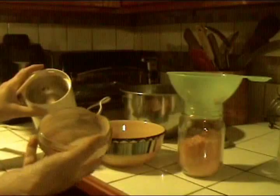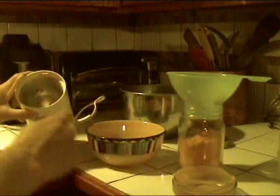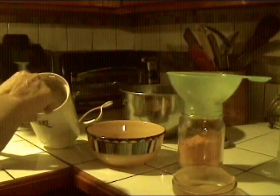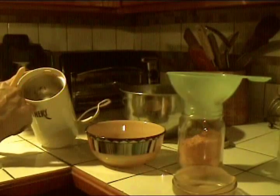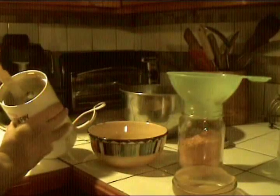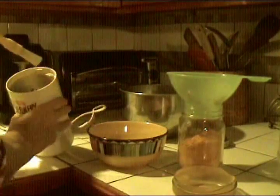All right, I will wash this part in a sink full of water. This one I will very carefully wash. I'll rinse it out and use a sponge and wash it, and then rinse it really well, and then I'll dry it very carefully. As you can see, somebody washed it before and didn't dry it well before they put it away. But to make it easier to clean, and so that I don't lose any of my product, I've got this little brush that I can throw in the dishwasher and sterilize, and I use it to